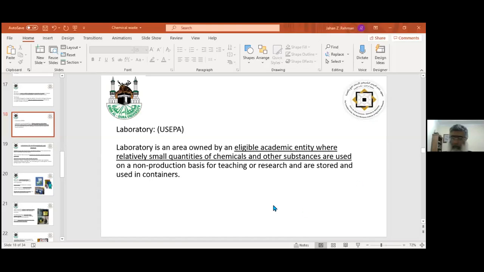Or in your faculty, ideally a laboratory is supposed to be that area where eligible persons, meaning technical persons, academics, use the least quantity, not low, the least quantity of chemicals, and they produce some results. If the results are good, then they will produce on a big scale, meaning they will use more chemicals. That is why in industrial terminology, there are 2 scales. One is lab scale and one is commercial scale.